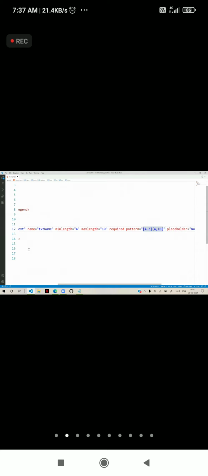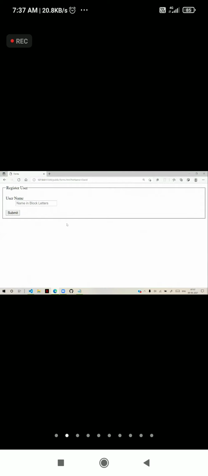This indicates that now the name can be only uppercase letters A to Z, any character between 4 to 10. Anything else you try to type, it will not allow. So that means several validations are working now. First validation, required, fill out the field. I entered 2 characters and it says, please match the requested format.